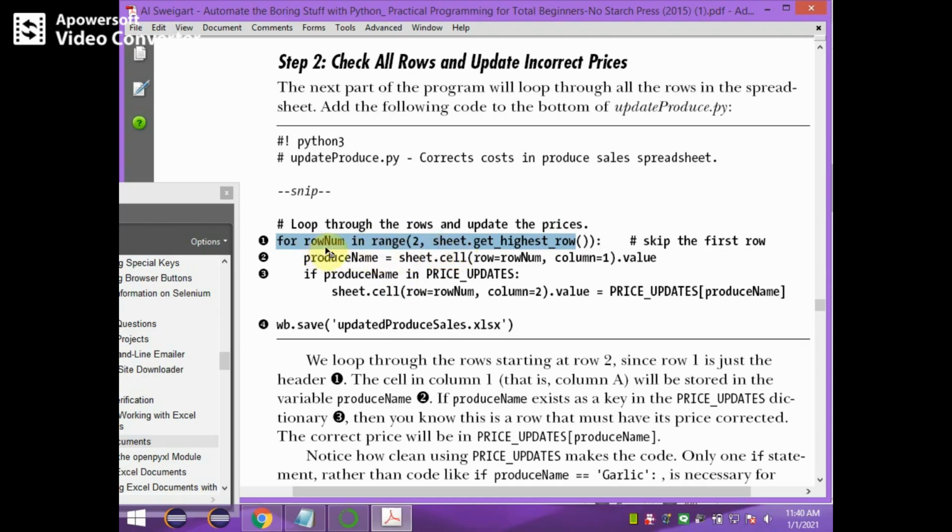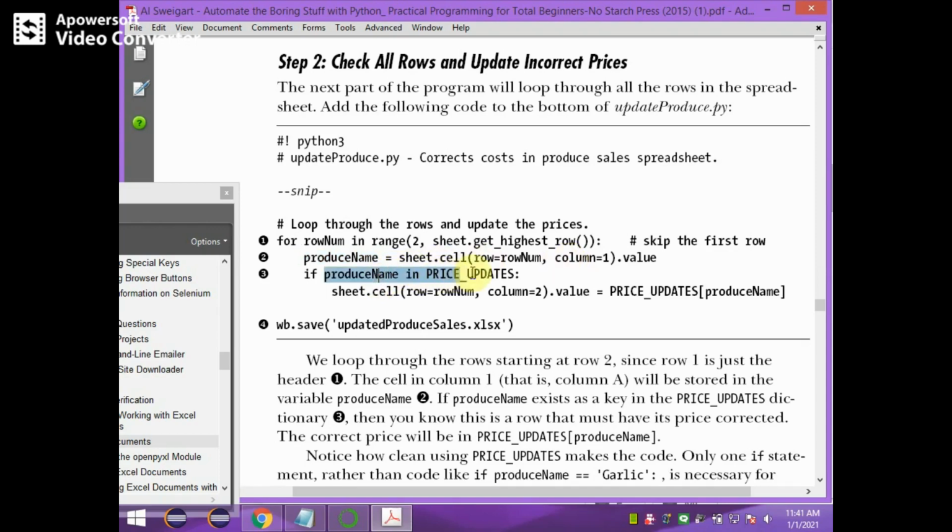Product name equals sheet.cell(row=row_num, column=1).value, that is row number 2, column 1, and the value is stored in product_name. Because in the second row and column A, that's A2.value, A2.value is the product name.